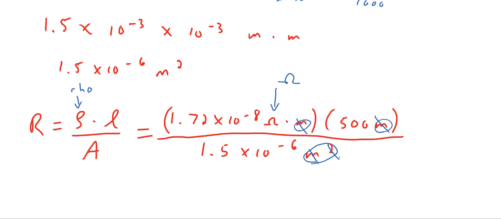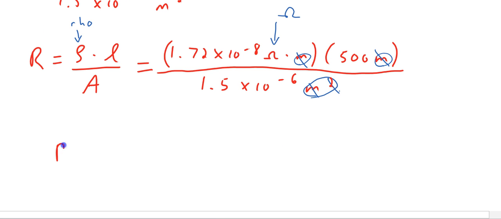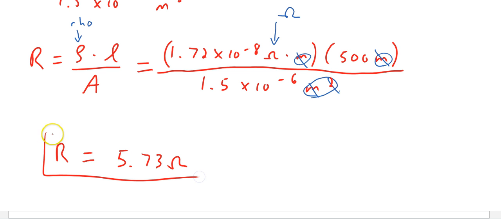So if we multiply out and divide the numbers given on our calculator, we should be able to come up with 5.73 ohms. Now remember that when I put these numbers into the calculator, for example 1.5 times 10 to